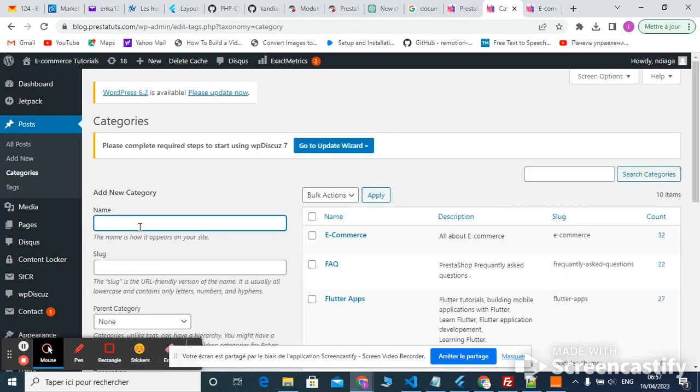We name the category. Let's name it, for example, digital marketing. And the slug of the category also, we can say digital marketing. Slug is